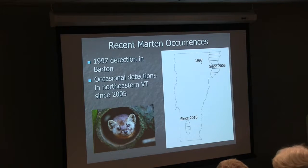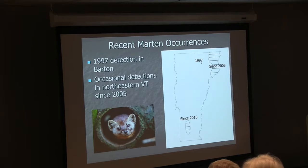But the story does get better. I told you this is a success story. I promise there's success here. So we were limping along since the mid-90s thinking that nothing really was going on. We had,